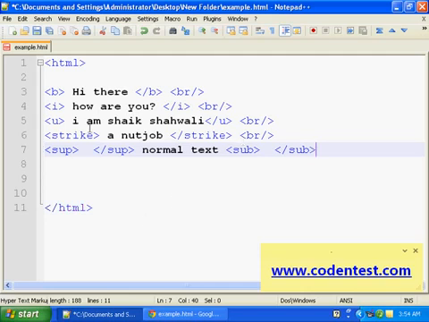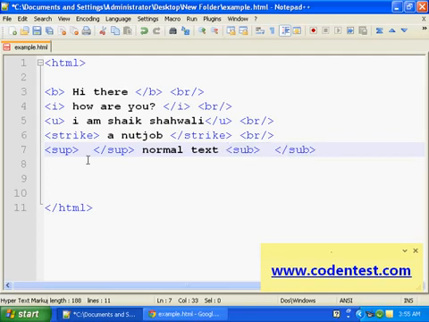These two sup tags are for superscripts, and these two sub tags are for subscript.